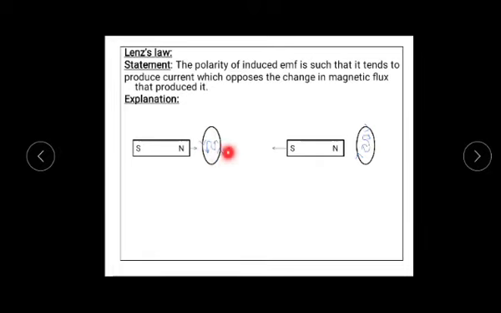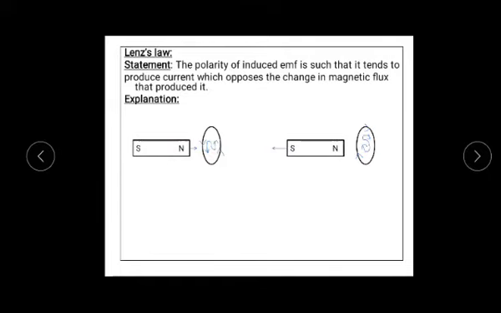If it is flowing in anti-clockwise direction, just now I told it behaves as north pole. You are seeing N, it is written here. So you can remember the diagram so that you can easily understand. Anti-clockwise direction means north pole. So it behaves as north pole. Now if it behaves as a north pole, what happens to north pole and north pole? They have to repel.